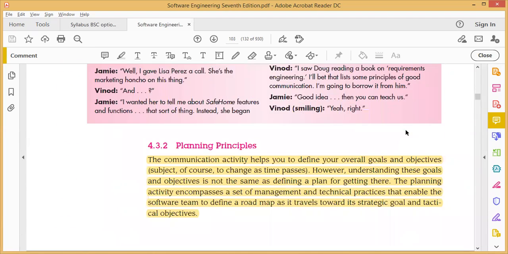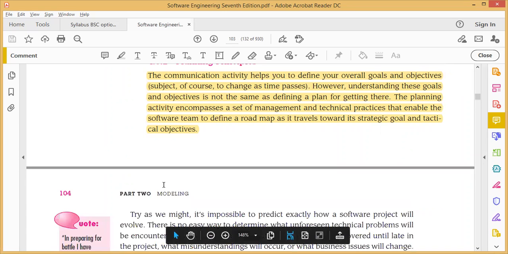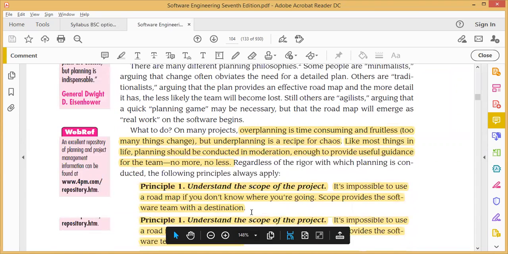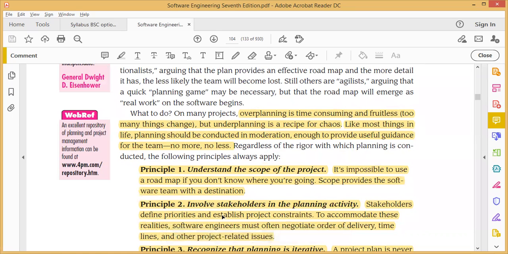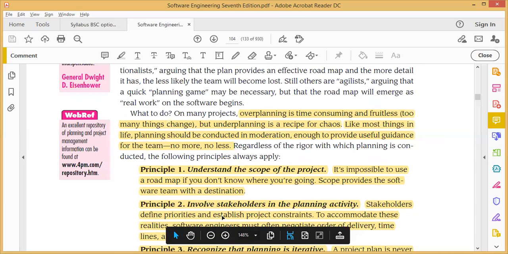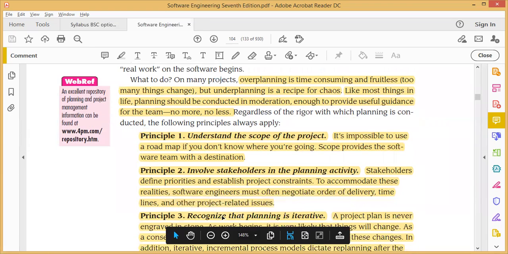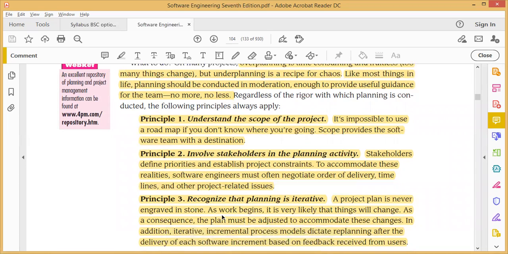According to the planning principles, there are, I think, 10 principles. We have to follow all these principles to achieve the planning as per our required task, and to chase the schedule in time. The first principle is to understand the scope of the project. Scope is nothing but boundary lines.